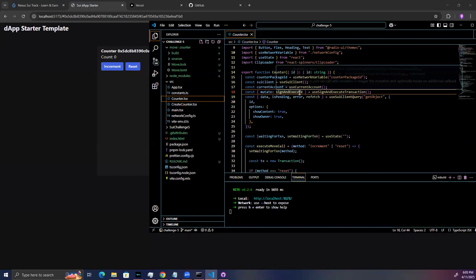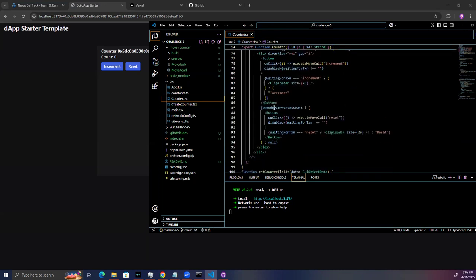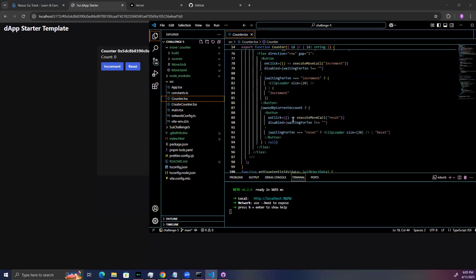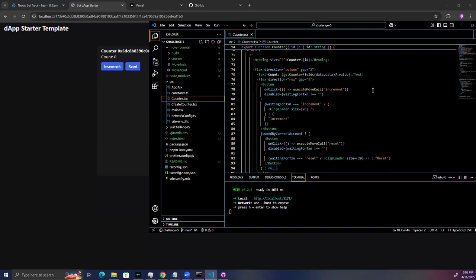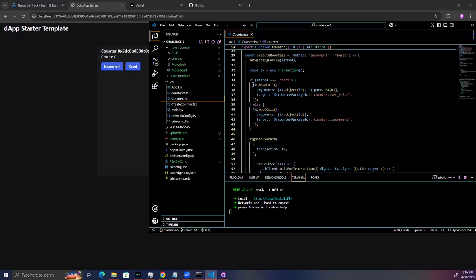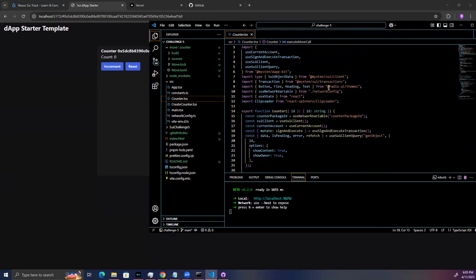Now then, assuming a counter is created and you want to increment or reset it, that's all handled in here. Likewise, we have those buttons for incrementing and for resetting, and those will call the execute move call reset or execute move call increment, and those are all functions that we have here that similarly make move calls on chain. Same thing with set value function of the counter module of our package, which were those functions that we went through earlier. And so that's just a real rough introduction of how the front end works,